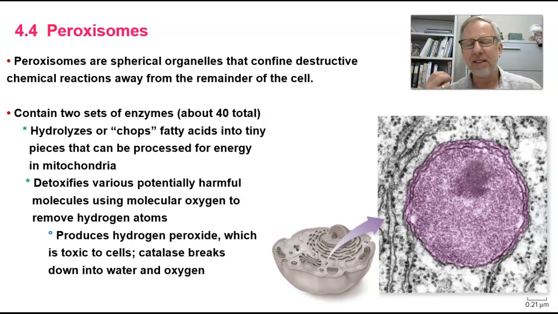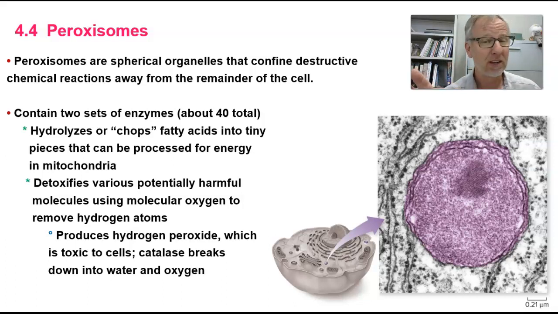So the peroxisomes contain two sets of enzymes. There's about 40 total. One of those sets of enzymes takes fatty acids. Make sure you remember what a fatty acid is: a long hydrocarbon chain with a carboxyl group on the end. We find fatty acids are parts of fats. Anyway, peroxisomes take fatty acids and chop them into little tiny pieces that can then be used inside your mitochondria